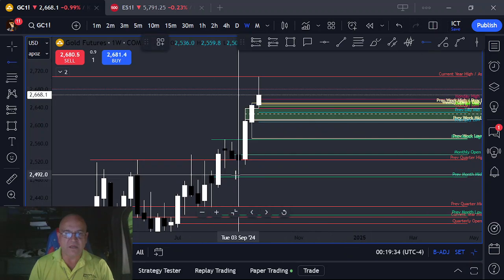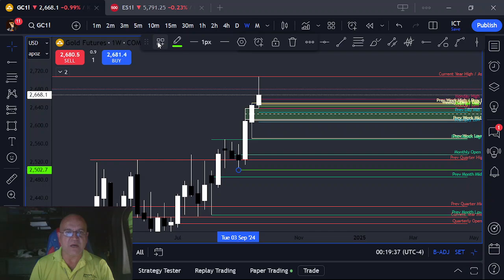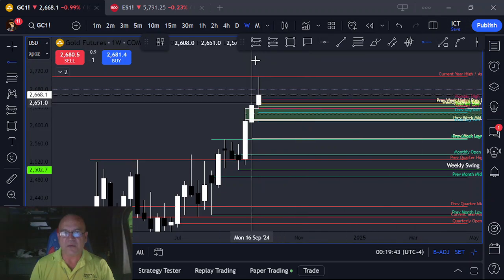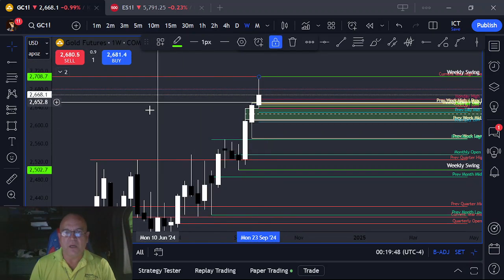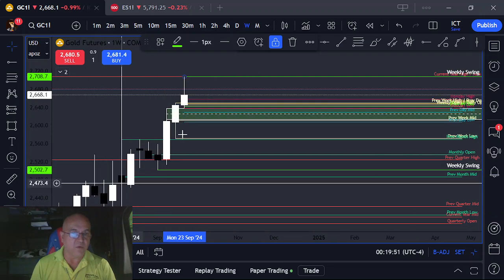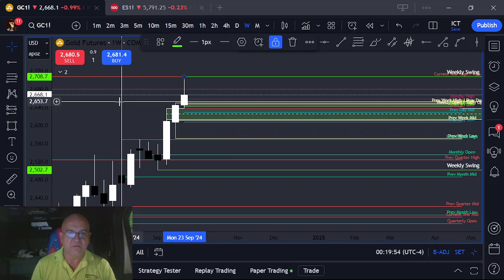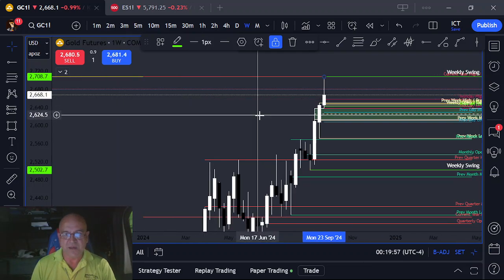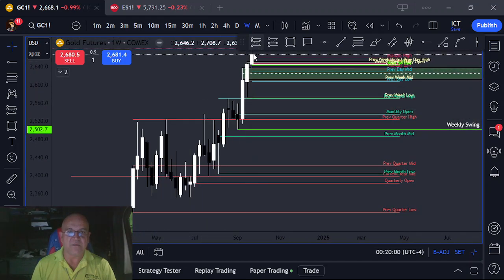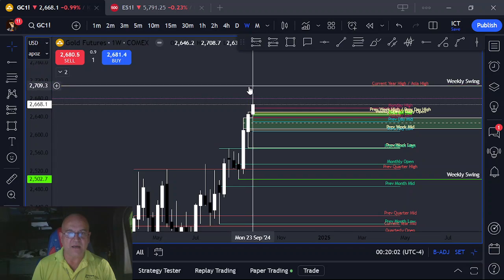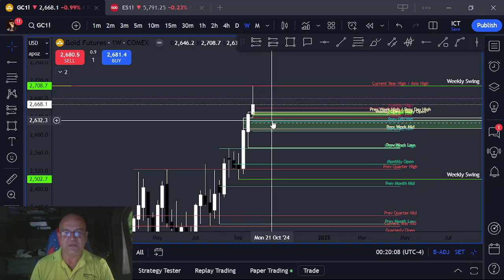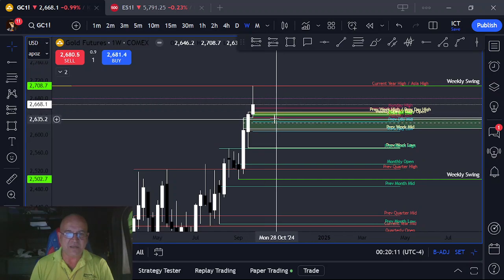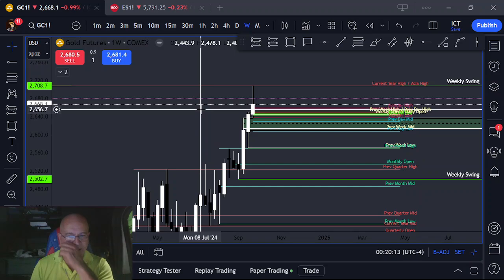Our first weekly swing point is going to be right here, and we will lock that in. And then, of course, we have the all-time high as the other swing point. Okay, that's really all I need on this chart. We're bullish until it tells us otherwise. And at some point, I would expect, since we've just made a new all-time high, and we had that big wick back down, I would expect us to roll over, at the very least, come into this fair value gap for liquidity before heading higher,